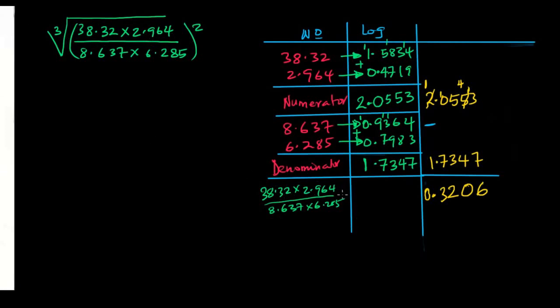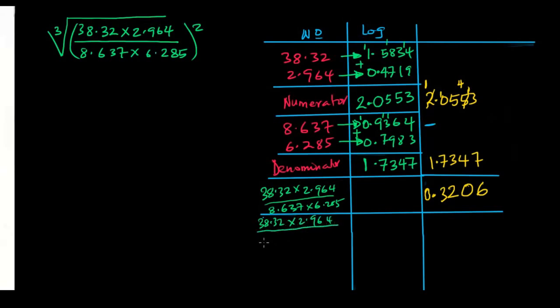So to do that, we'll just extend this line down. Then we can just cross this like this. Now the next thing we need to do here is to raise this to power 2. So this will be 38.32 times 2.964 all over 8.637 times 6.285, all raised to power 2. Now because we are raising to power 2, we have to multiply the logarithm by 2, and this will be